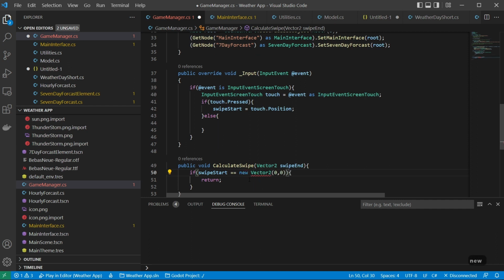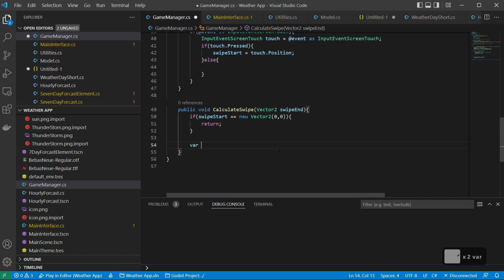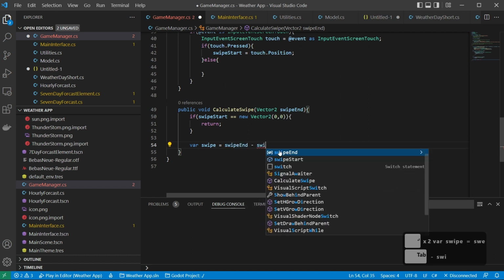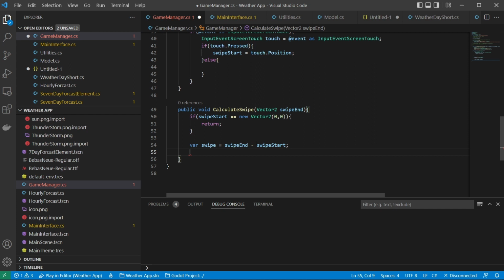And we need to make this a new Vector2. We can't just say Vector2 out of nowhere. We have to actually have it exist. So then we'll say var swipe is equal to swipeEnd minus swipeStart. And that's going to take our value that we touched and let off, and it'll say how big of a distance they moved their finger. If they moved their finger past a specific point, then we're going to calculate our swipe and say, yep, we're good to go. So we'll say if Mathf.Abs